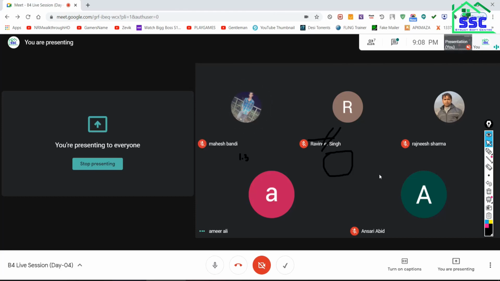You all understood? So this is all about today, how to analyze the beam and how to see the results in the movement axis and in the shear axis. You all got it? Is there any question you can ask? If you don't have any question, you can leave the meeting, and good night. We'll meet tomorrow.